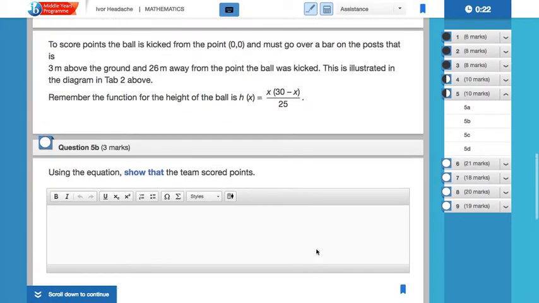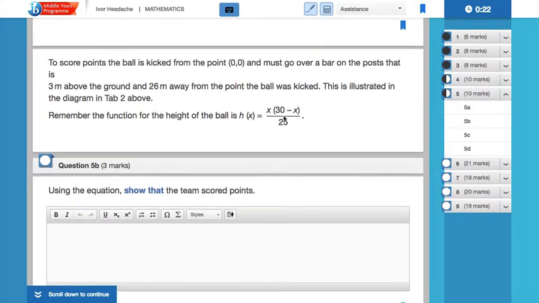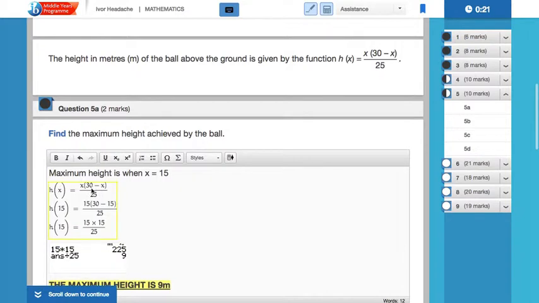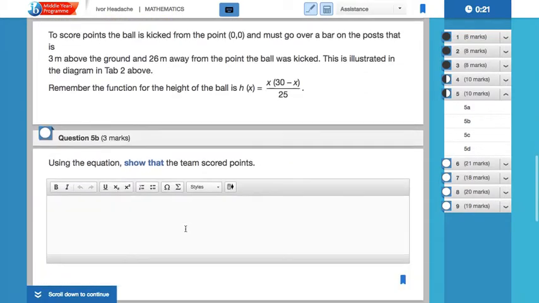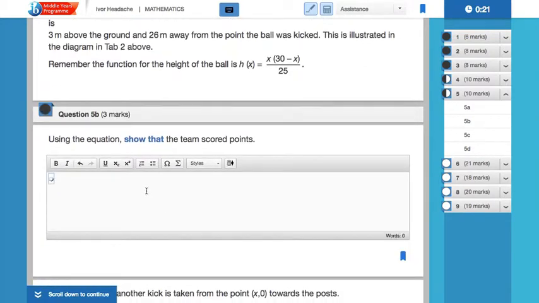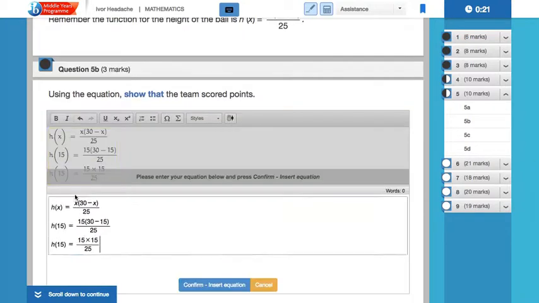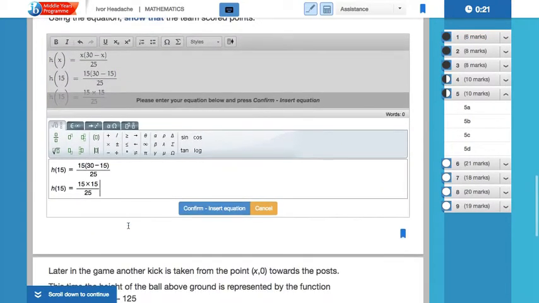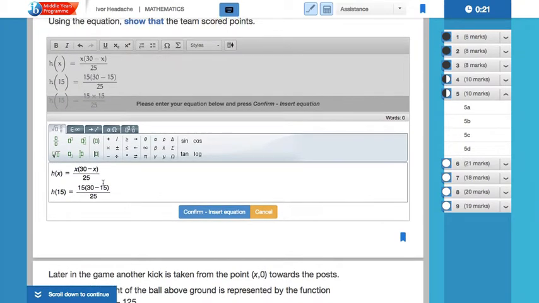So using the equation, again, I'm going to do a quick bit of cut and paste here. I'm going to take all of that equation box there and copy it and paste it into this other question. But then I'm going to click into it to edit it. So instead of working out the height when x is 15, I'm going to work out the height when x is 26. So I'm working out h of 26, which is equal to